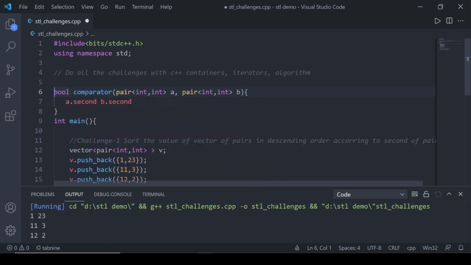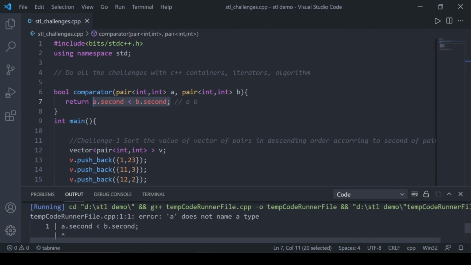So if I write return a.second less than b.second, then we will get the result, like a first and b second in our sorted data, and the comparing thing would be the second part. So it would give us ascending order according to the second element.